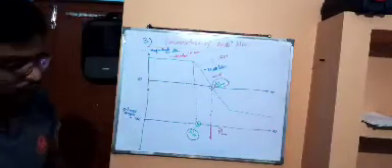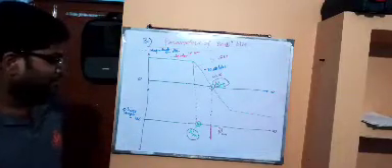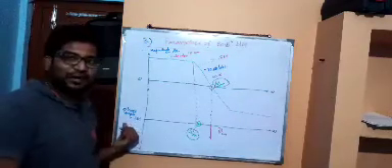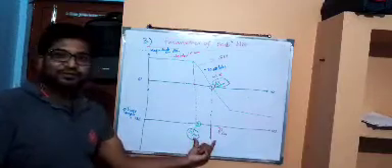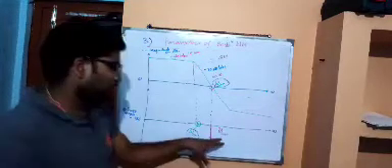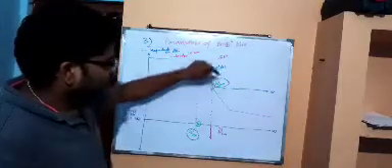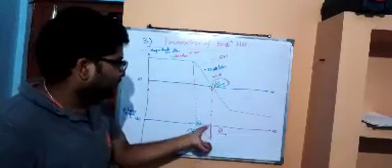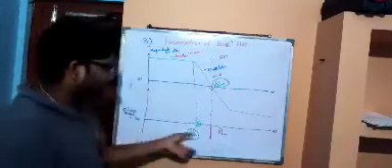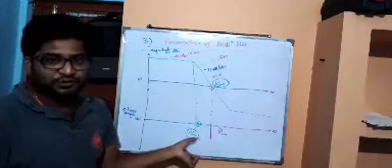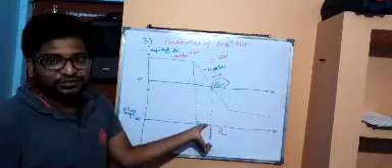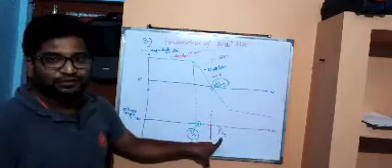Clear? Now the phase margin. Similarly, at gain crossover frequency, the difference of phase angle with respect to the minus 180 degree line is known as phase margin. I am repeating this once more. At gain crossover frequency, the phase angle having some difference related to the minus 180 degree line, this amount of phase difference is known as the phase margin.